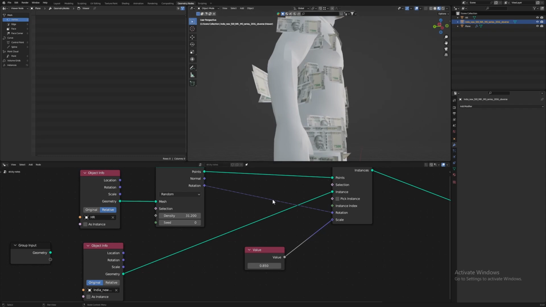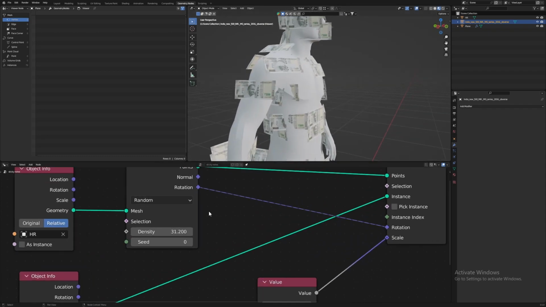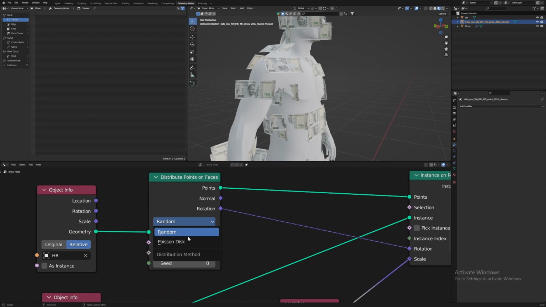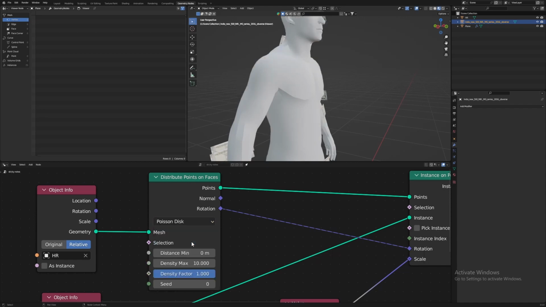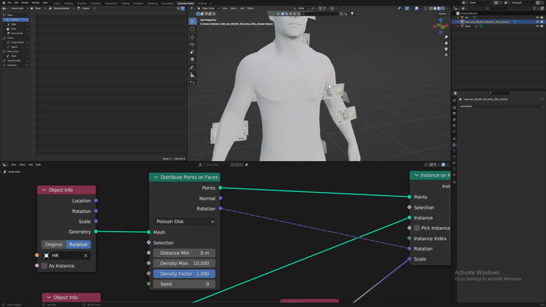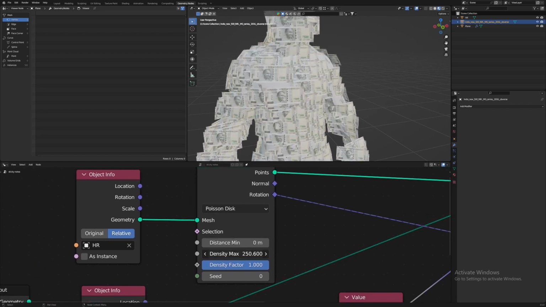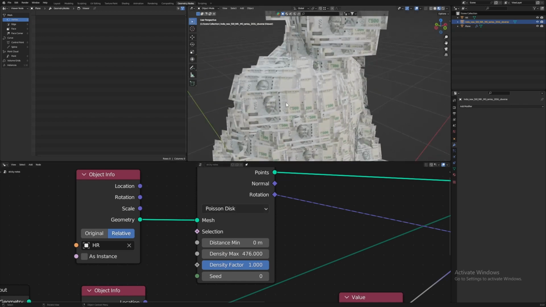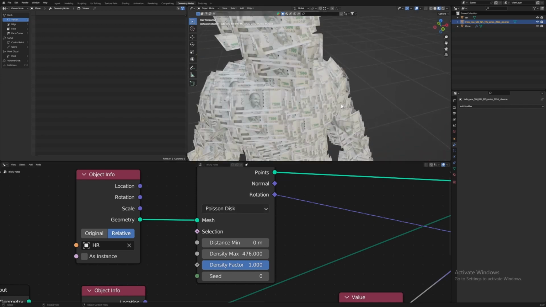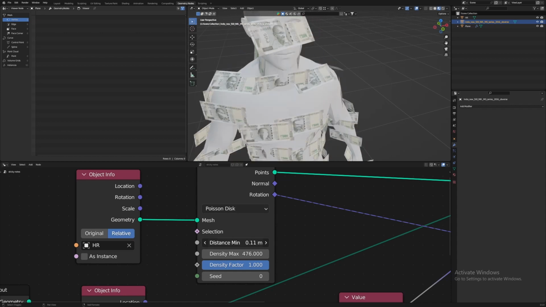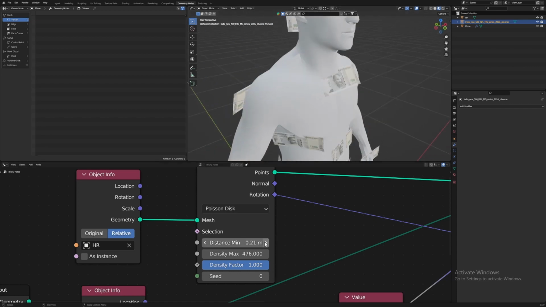So what we can do, there are many things we can do, but the best thing we can do is, rather than random, we can select this poisson disk, and as you can read, it distributes the points randomly on the surface while taking a minimum distance between the points into account. So what does this thing do, it gives you this minimum distance. Now let's add so many of the nodes. As you can see, we have added so many nodes. Now to avoid overlapping, we can create a minimum distance between two nodes. We can still go higher, something like this,